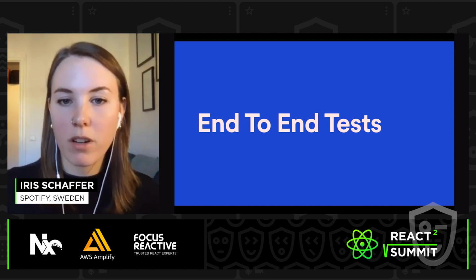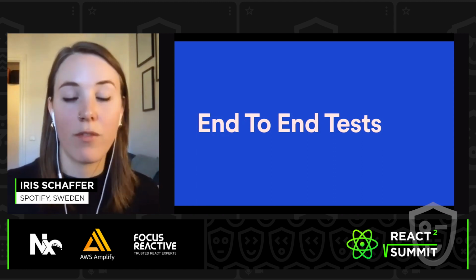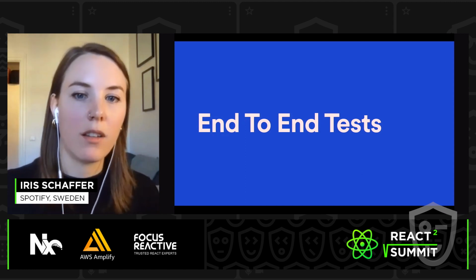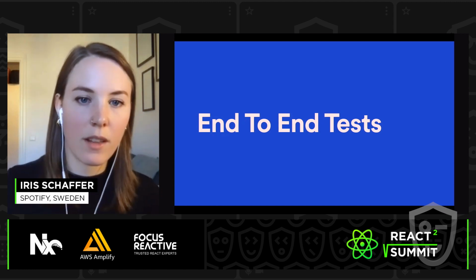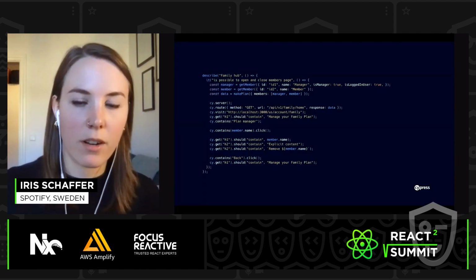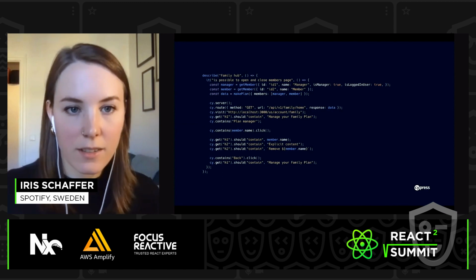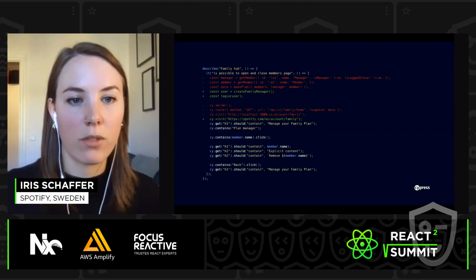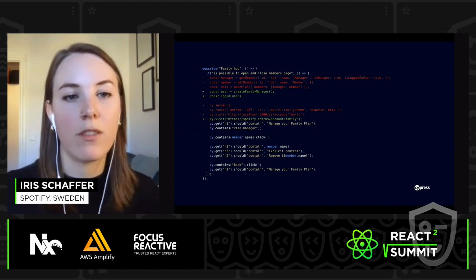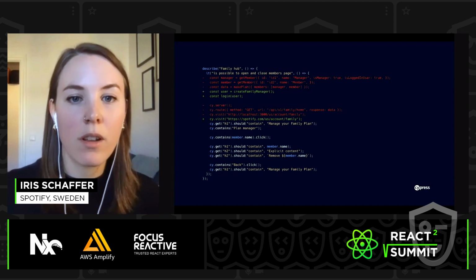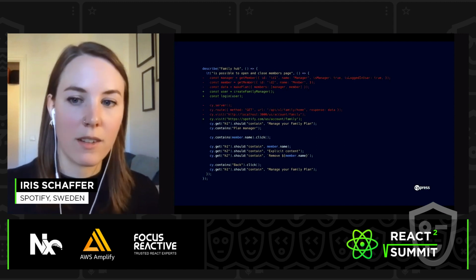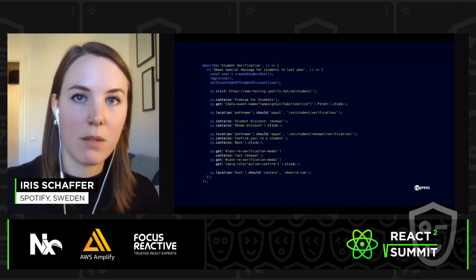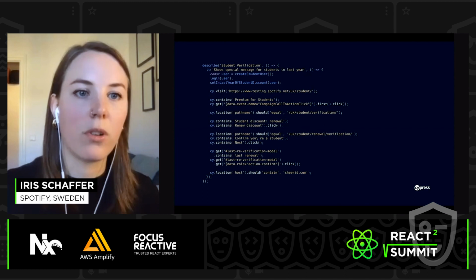You're actually in the production environment or an environment that closely resembles production, and you click around programmatically like a user would. And that sounds a lot like our tests from before, right? Our Cypress integration tests. Turns out by just actually creating a real user and logging that user in and navigating to the real website rather than just a local one, we basically make an end-to-end test out of our integration test.